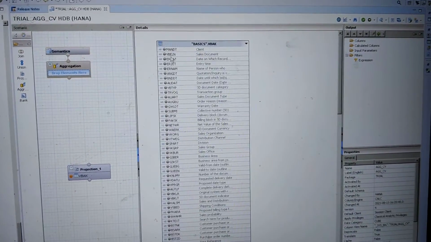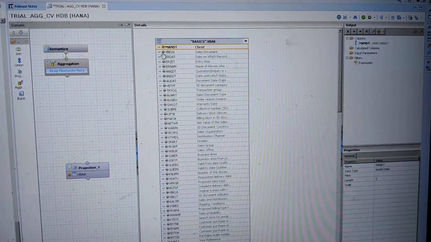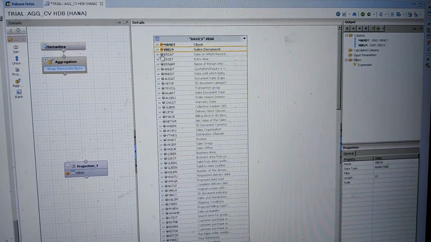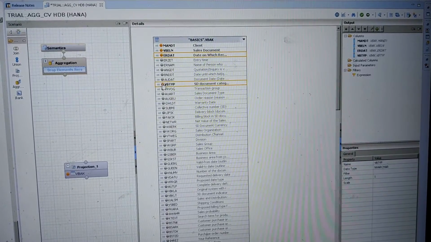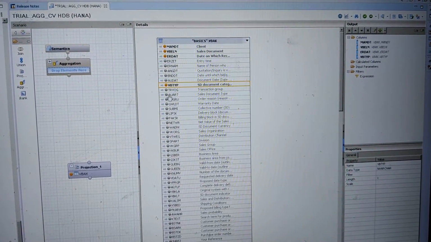Okay, now select the client, sales document, a date on which it is recorded, document category, sales document